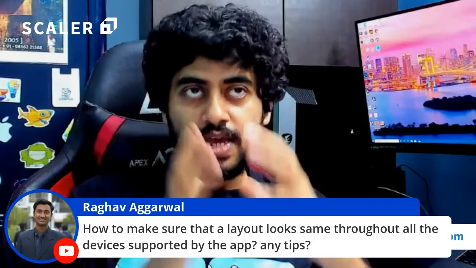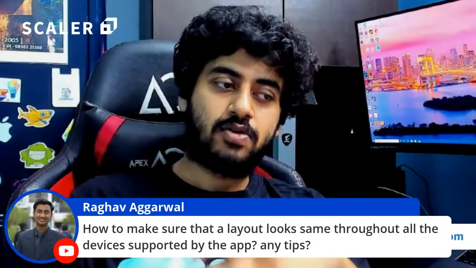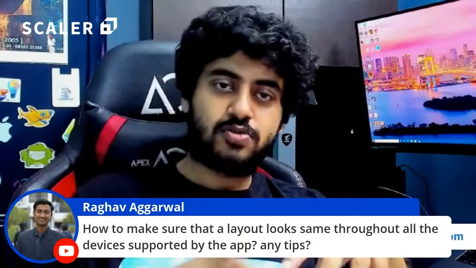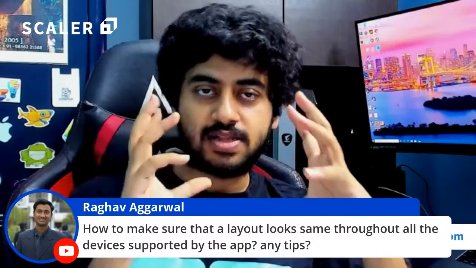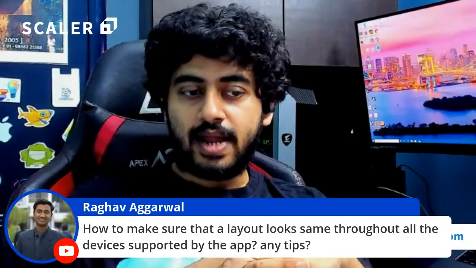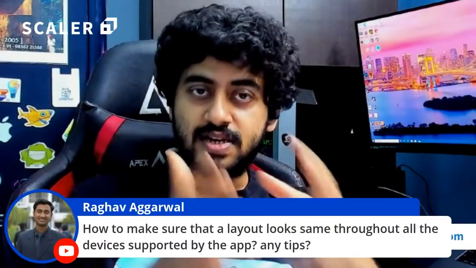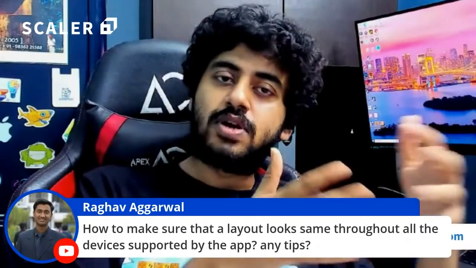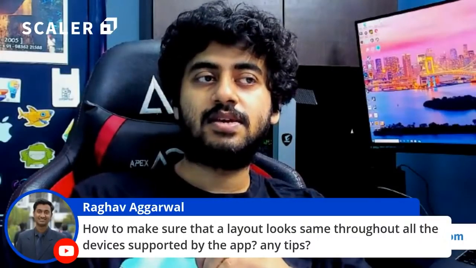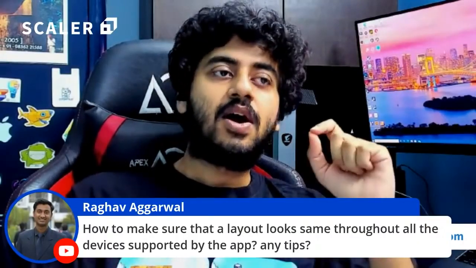So I think today the conversation is more about the proportion of the screen to be used. Do you want three cards to be shown in the screen or two cards to be shown in the screen, and then you just implement that. Don't try to achieve screen-specific layouts. Try to create a proportional layout, and then it will work for all screens. That's the modern way of doing apps.